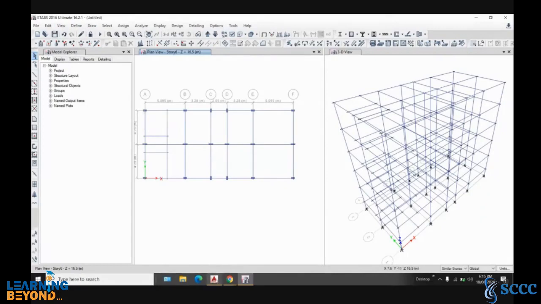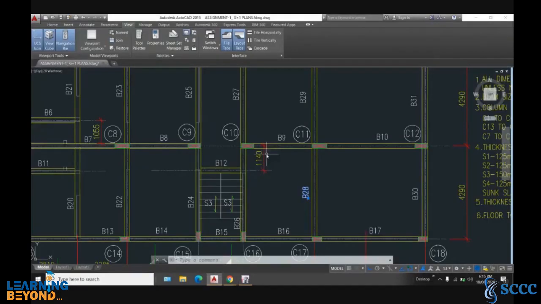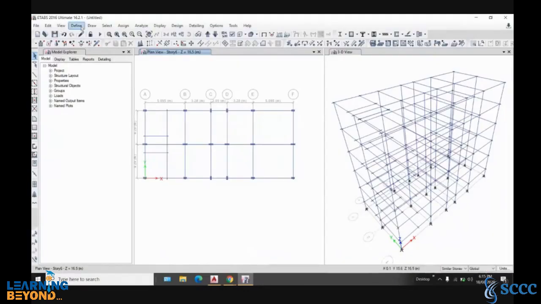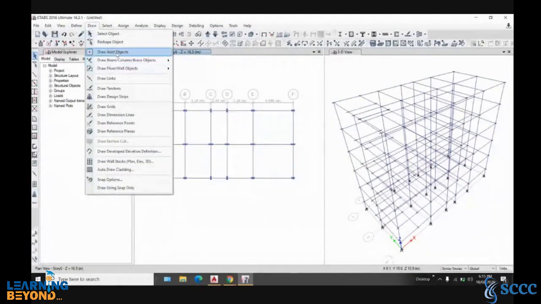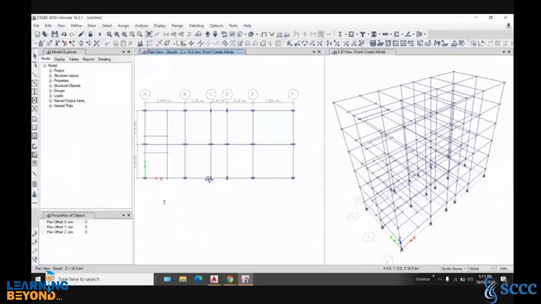What is the distance? 1140. So draw again, go to joints, and 1140, and that has to be minus y.